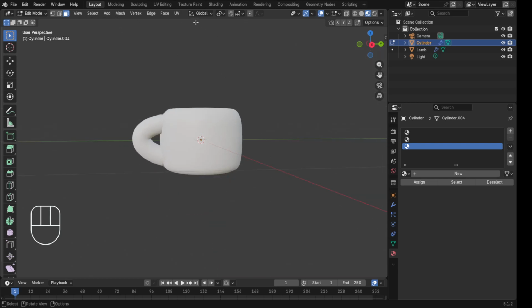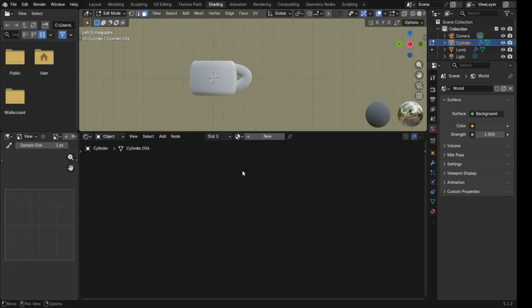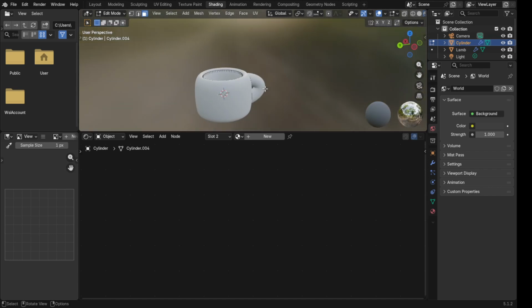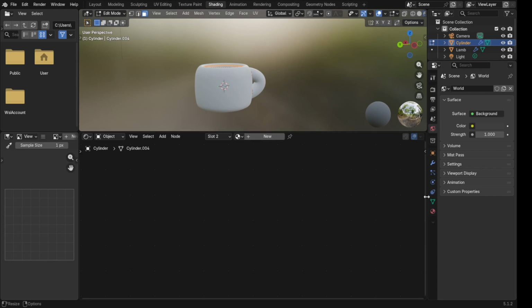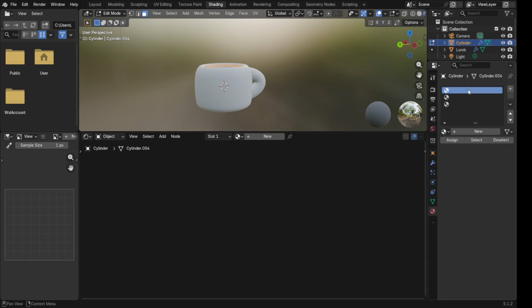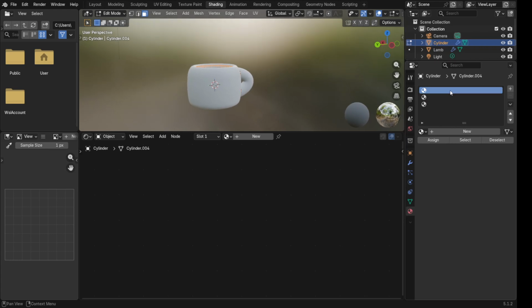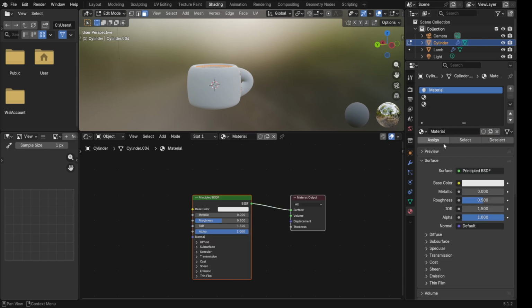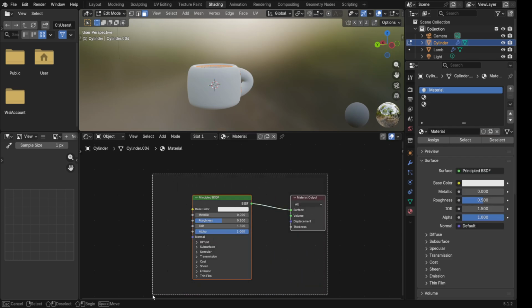And now if you go to the shading workspace, you can select your object, and select different areas, right? So that's the idea here. So we're gonna have some different materials, right? Here and here and here in the slots, and then in these slots we're gonna add different materials. The first slot actually is the bottom, so click new here, and this makes this appear,